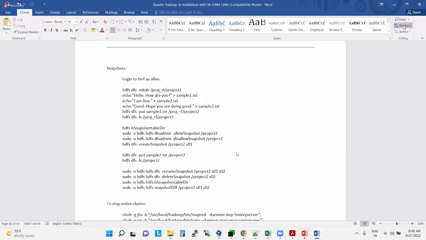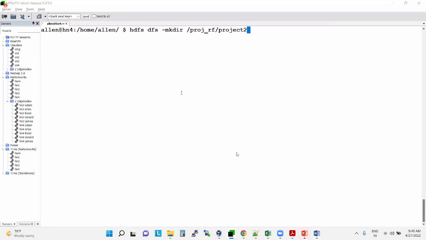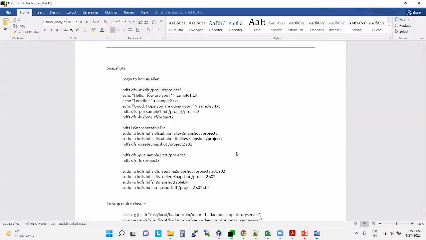Okay, so now guys, try to understand. I'm creating a directory here, the project RF project 2 directory. This is the directory I created. So now what I will do,